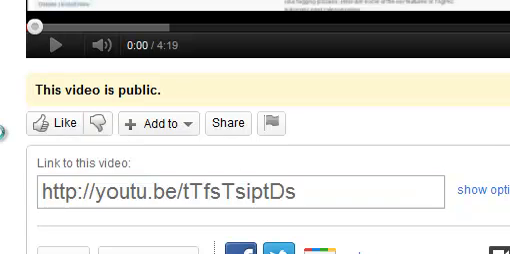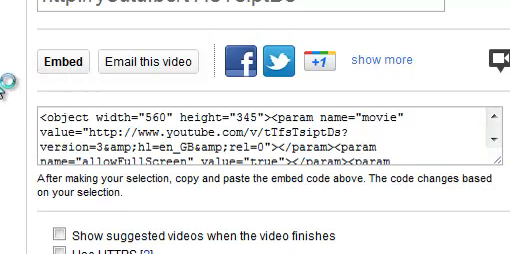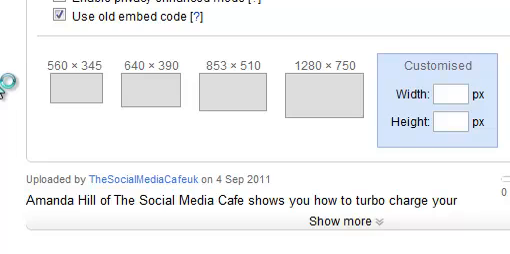So if I click on that, I actually want here, which is Embed Code. Now, before I just lift that, there's a few things I want to do first. I want to ensure that it doesn't show suggested videos when it finishes. Sometimes I might want to do that. On this particular instance I don't. I just wanted to show my video. I don't want to use HTTPS because that will stop some people from viewing it,